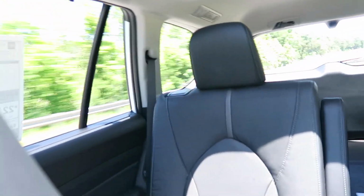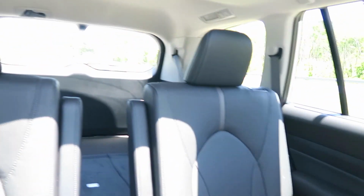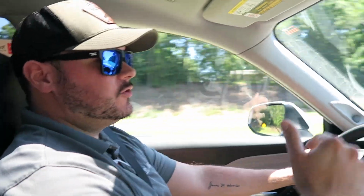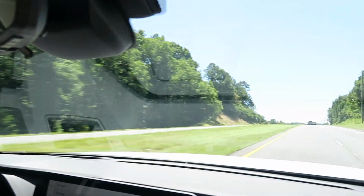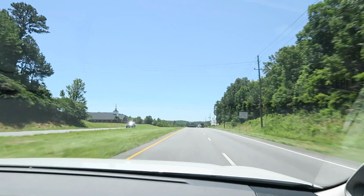Oh, yeah. Second row, plenty of leg room. We looked at the spec, and I want to say this is accurate. Of course, guys, you know, mark this with an asterisk. The regular Highlander length is 197 inches. I want to say this one is 201, 202 inches. I think it's 4 inches of difference as far as the length goes. It's 2 inches wider. So that doesn't sound like a whole lot, but when you're on the inside of this vehicle, 4 inches extra in some leg room in the third row is going to be huge